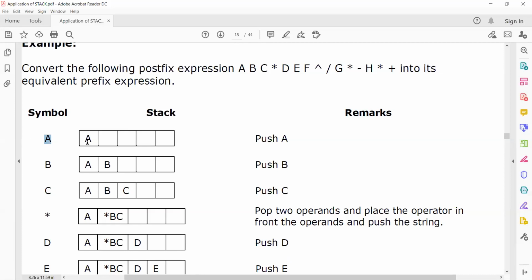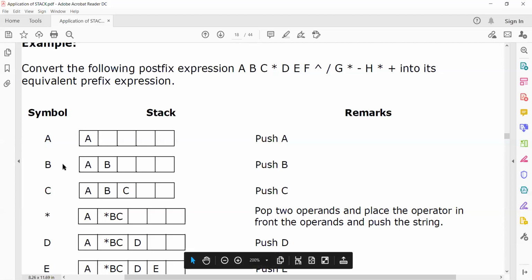In the earlier 2 versions, when it is an operand, you write it directly into the expression, either the postfix or prefix expression. Here, you are pushing it to the stack.